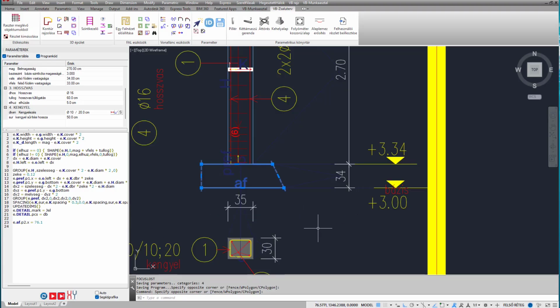I did this only for demonstration, but the editor helps in the same way even when it's not a simple assignment. It does not have to be a fixed number. We can refer to parameters, reinforcement properties, and almost anything else. There can also be instructions other than assignments. For example,